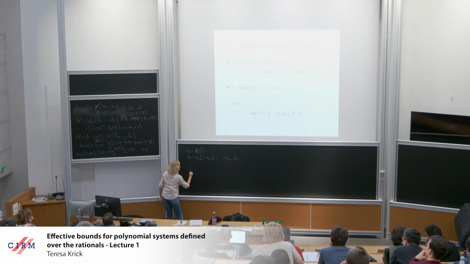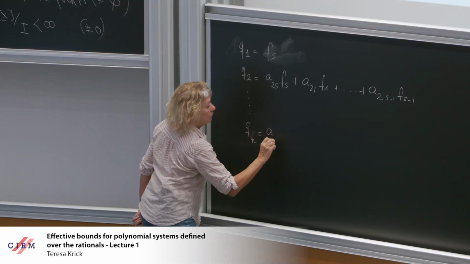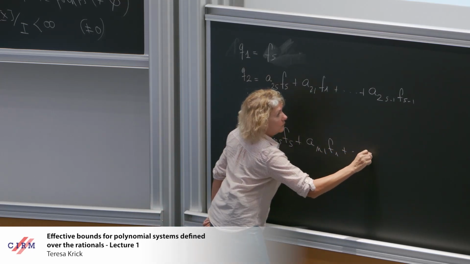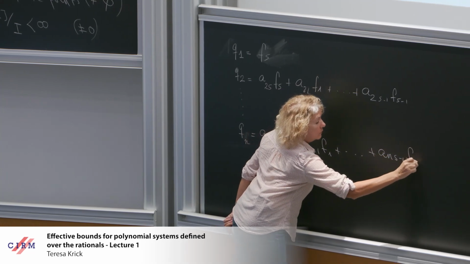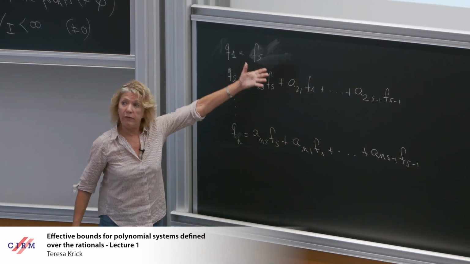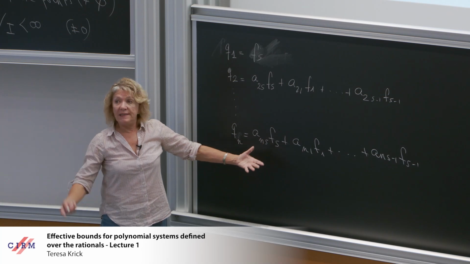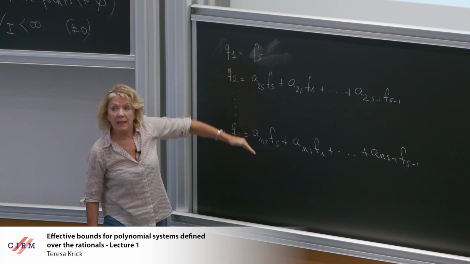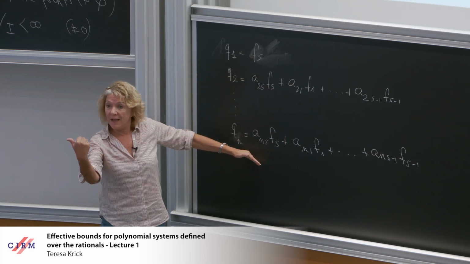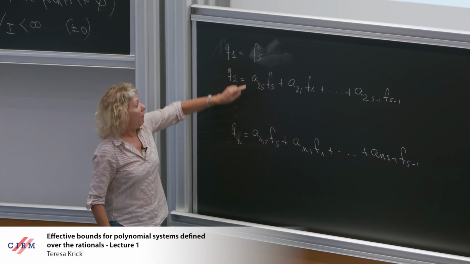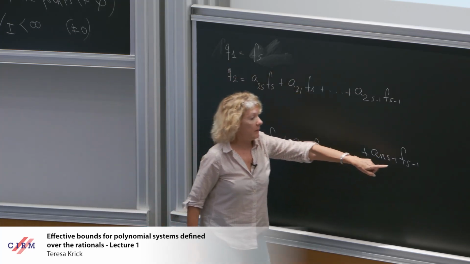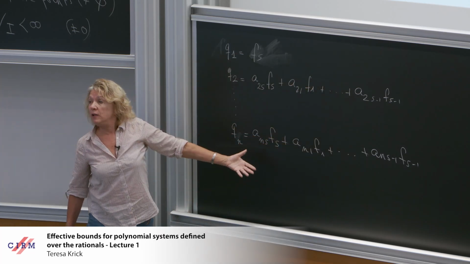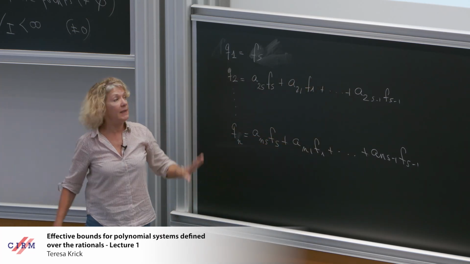So here you will have a 0-dimensional variety. And the zeros of your original variety are contained in this, because this ideal is contained in your original ideal. So if you have a 0 of fs, f1, fs minus 1, you will have a 0 of this. And this has a finite number of points. So your original variety is included in this one.